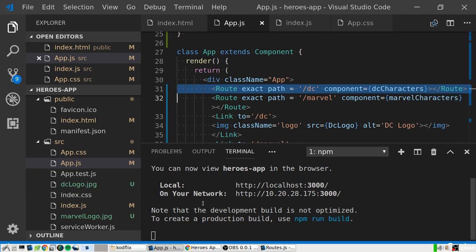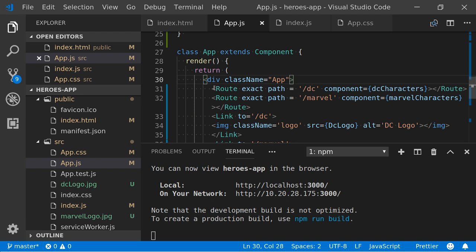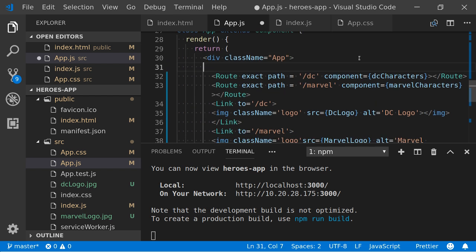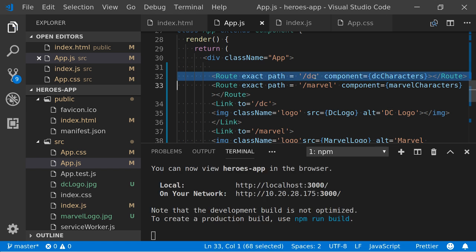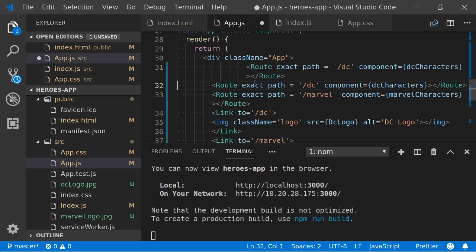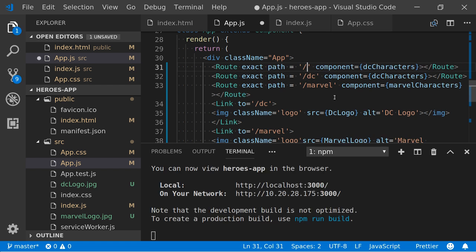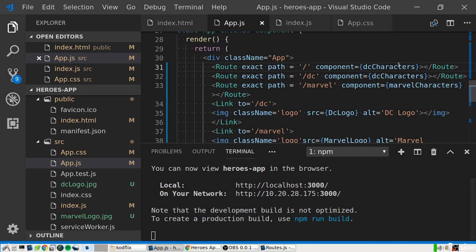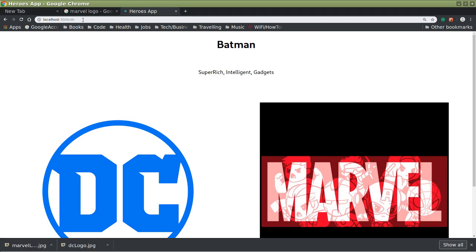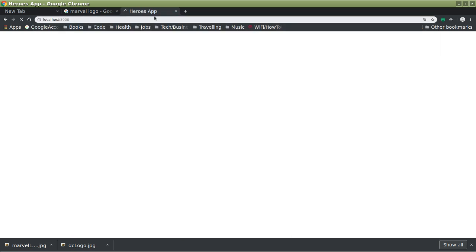So that's rendering both. Because no. Doesn't like that, does it?